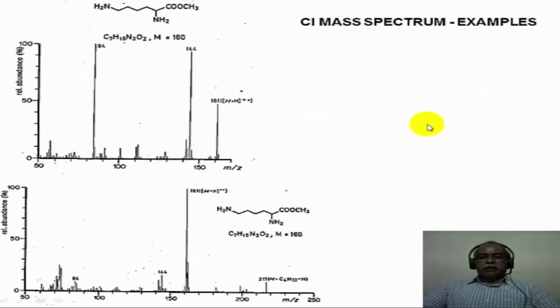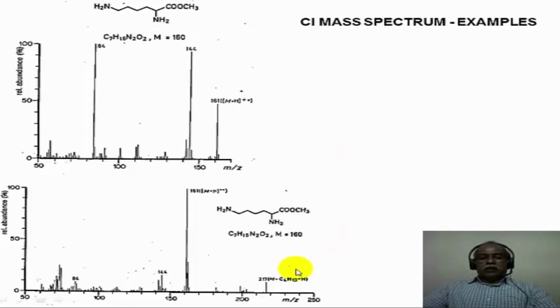These are some mass spectral studies of chemical ionization. This particular amino acid does not give a molecular ion peak when electron impact ionization is used, for example. So when methane is used as a reagent gas and the chemical ionization mass spectrum is done, it gives very clearly the molecular ion peak. The molecular weight is 160. What you register is 161, corresponding to M plus hydrogen cation radical. In other words, this cannot be a cation radical. This is the protonated species of this particular molecule. M plus H plus is what is registered in this particular case.